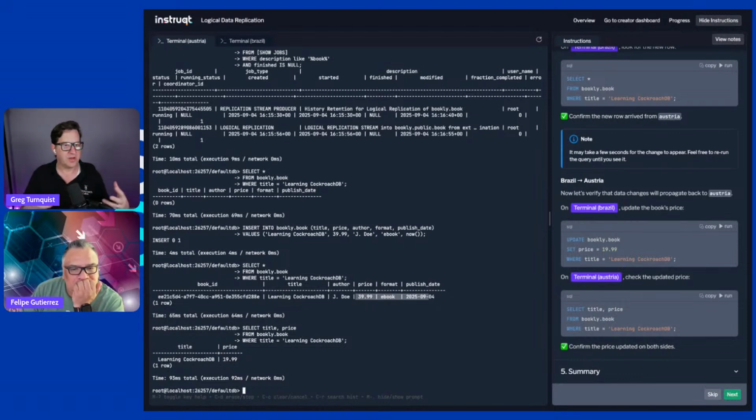They're each able to make alterations to the data. The changes are able to replicate to the other cluster and update, and they're able to keep up with each other. And so now if something happens, if I have a circumstance where perhaps the Austria cluster goes down for whatever reason,